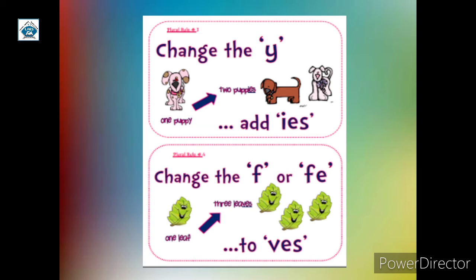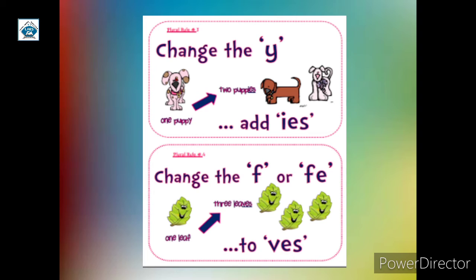So LADIES. Rule number 4. When you see any word ending with an alphabet F or FE, you have to replace the F or FE and then add VES. For example, you can see here leaf, LEAF. Here we will replace the alphabet F and add VES, that is